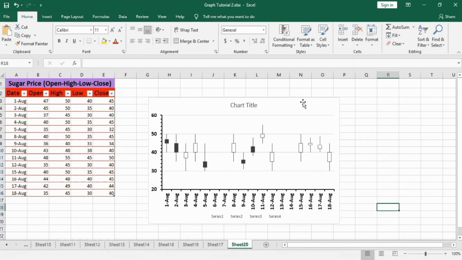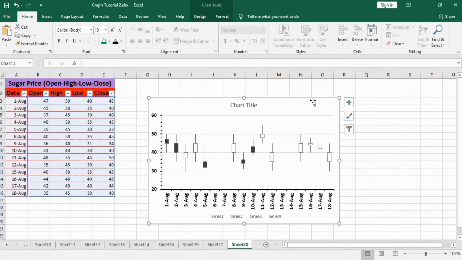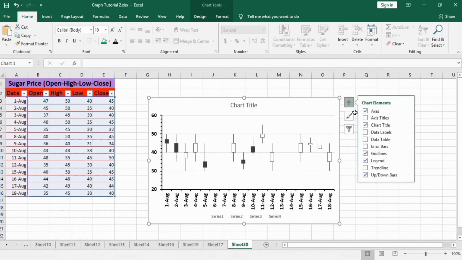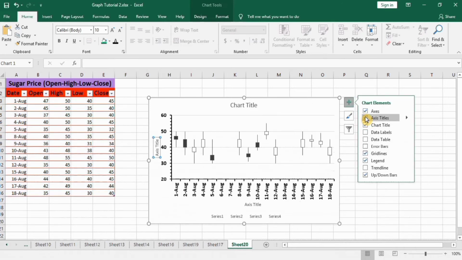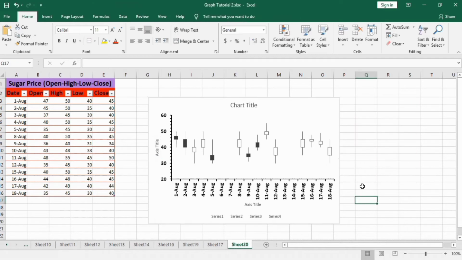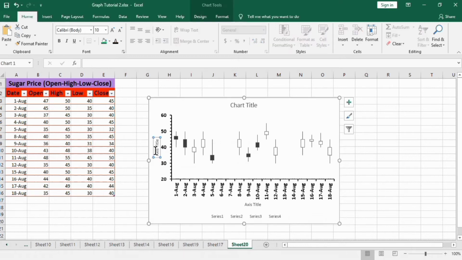Now select this and go to this plus sign, and I want axis titles, and I don't want grid lines, so I will uncheck this option. Now I will insert the axis title here. It shows the sugar price.